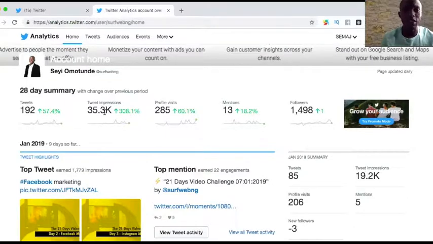Then tweet impressions, I have about 35.3k impressions. Impressions are people that actually saw this tweet, and it goes wide with this. Tweet reach, as a matter of fact, is over 308% compared to the previous month, and about 285 people actually visited my profile, my Twitter bio, in the last 28 days, which is a 60.1% increase